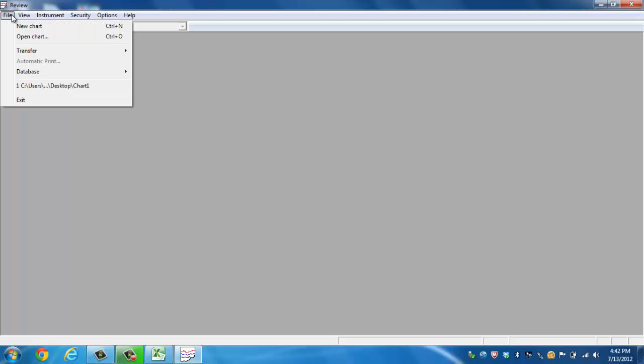And again, we're not going to get into every particular detail, but we're going to hit the majority of the options within Review and just show you around some of the menu structure. So as you should be familiar with now, we have the Review program open. The first thing to look at is the upper left-hand corner. We've got a couple of menus going across here: File, View, Instrument, Security, Options, and Help. So we're going to start with File and go through all the different options you